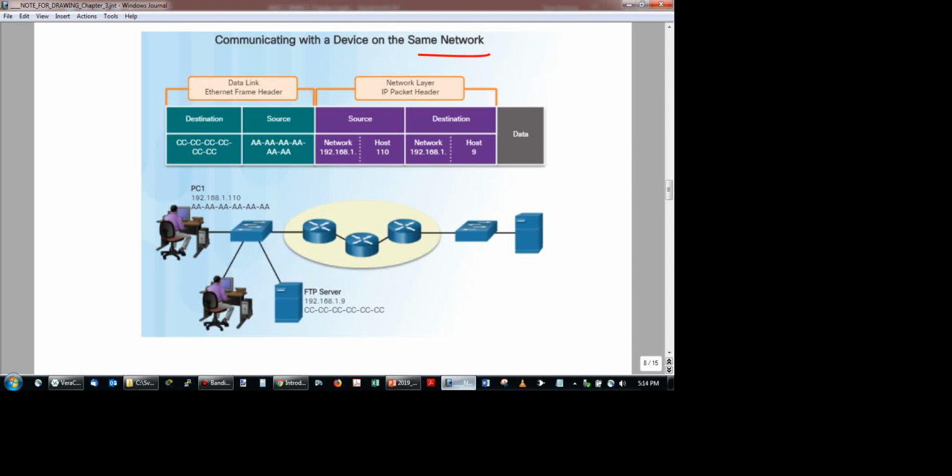You're on the same network, so you can use your physical addresses. The source address is all A's, that's this guy. The destination address is all C's. So I can just use my switch here to say I want to talk to all C's, and it'll go there. Does that make sense? You don't need to go outside of this network. Even though I have an IP address, and you'll see here like